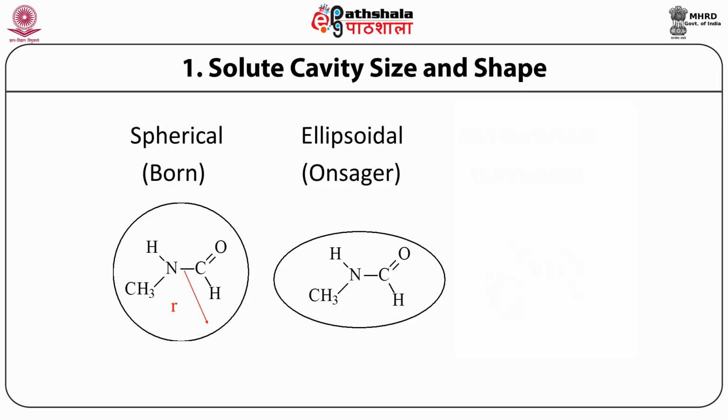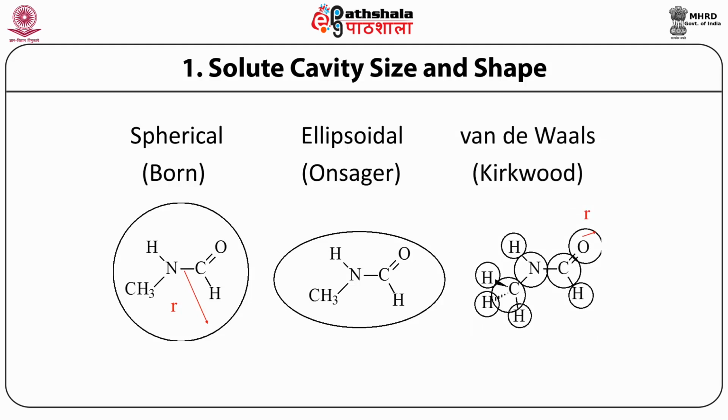If we calculate it as an ellipsoid, which is Onsager's concept, actually if you look at it, it is more of an elliptical representation of a peptide. But then it complicates things and we have to modify that. The third concept was introduced by Kirkwood, and it has a very interesting point: instead of treating the whole molecule itself as a peptide, why don't we calculate the exposed area? It may not be smooth, it may be a little rough, exposed surface, and in that case we can find where the van der Waals touching points are and calculate the area. That will come in the next slide.